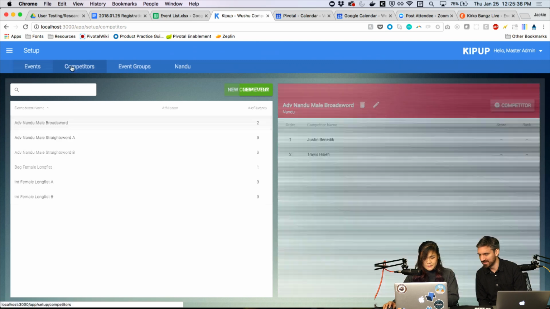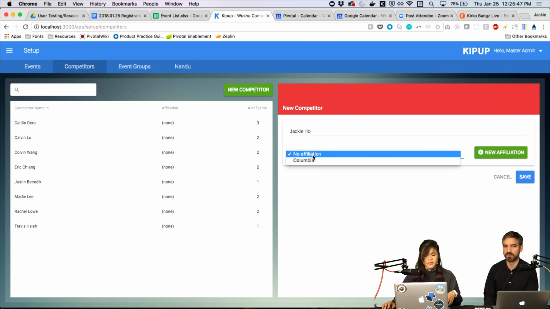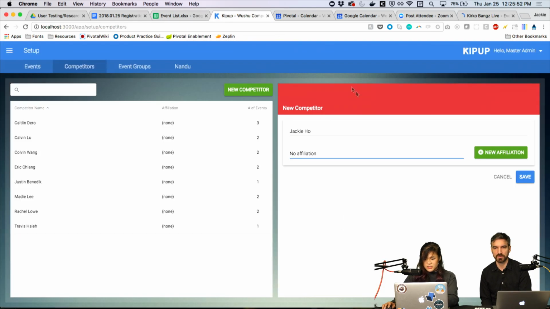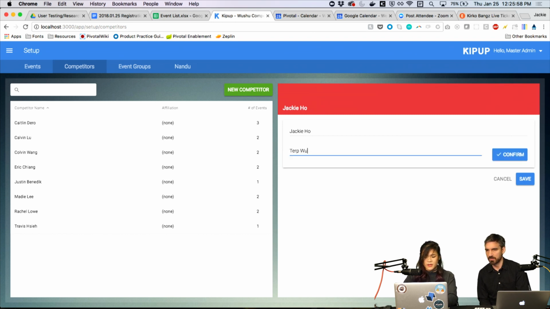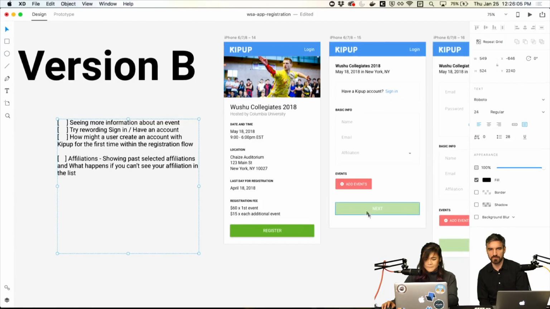When you create a competitor, there's this interaction where we show in a drop-down all affiliations that competitors have so far registered for, and then also the ability to add a different affiliation. So we probably want to follow something similar to that, but not exactly sure yet how that will play on mobile, since it's a much smaller space.